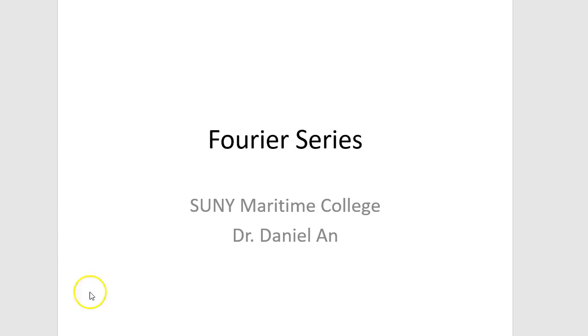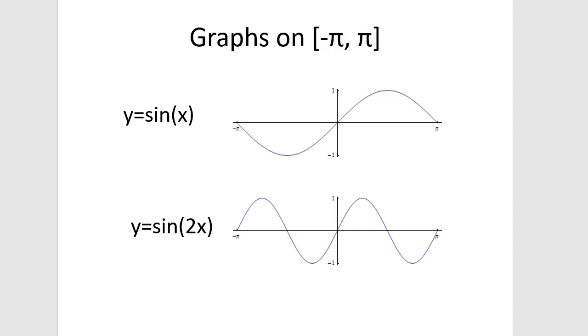This is an introduction to the Fourier series. First, let's look at the graph of sine x and sine 2x and all that. As you can see, if this number in front of x, which we call the angular frequency of the trig function, increases, then the number of periods that fit inside negative pi to pi